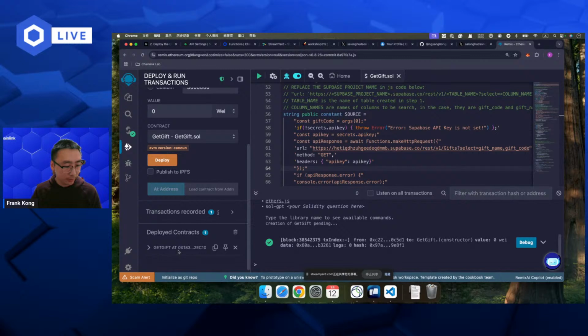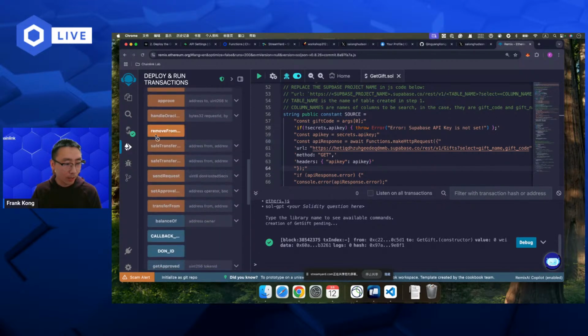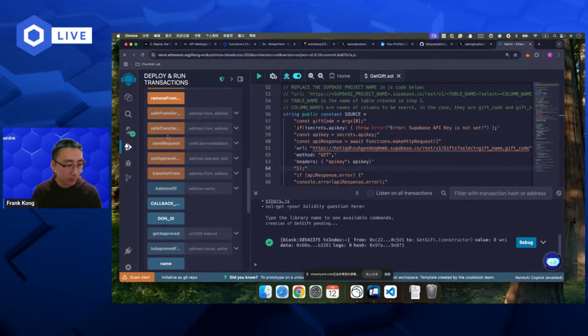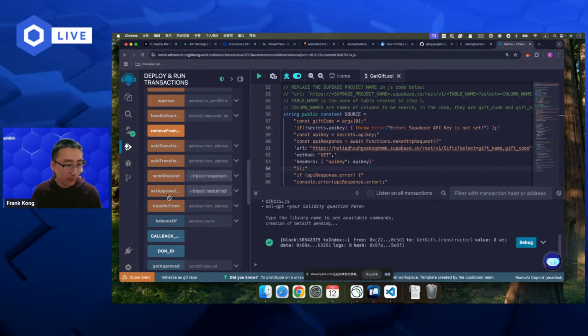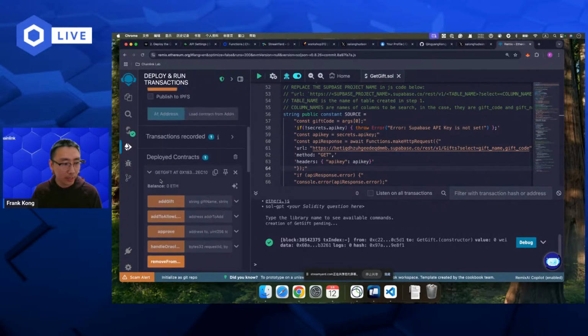Looks like we have successfully deployed our smart contract, and you can see all the functions we created in it, like send request and fulfill, and some other functions from the ERC-721 token standard. And that's it. We have our smart contract deployed.